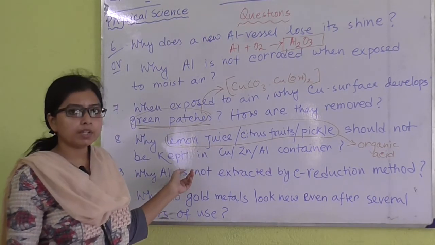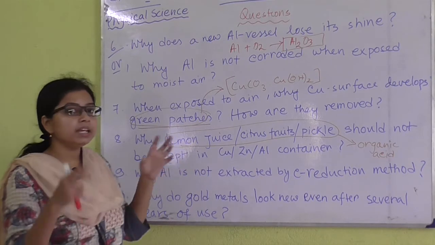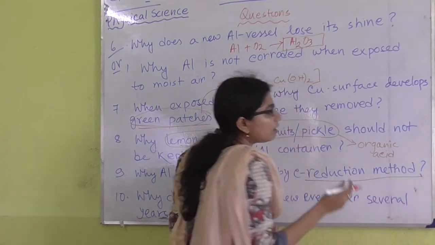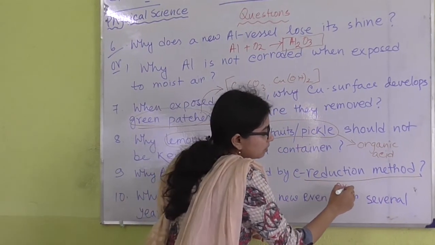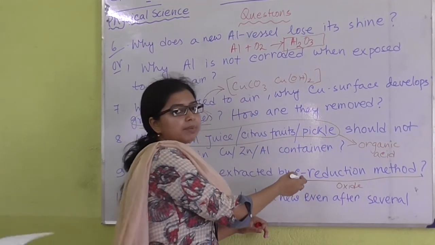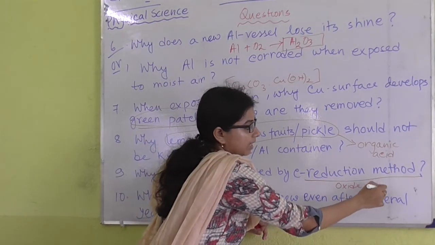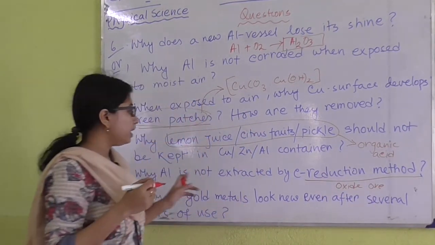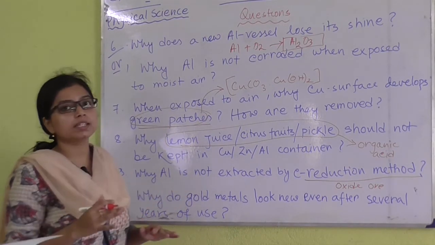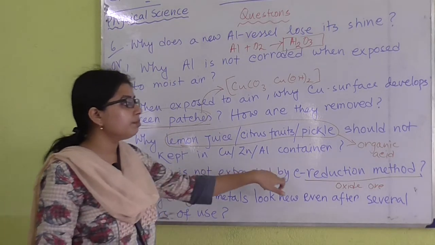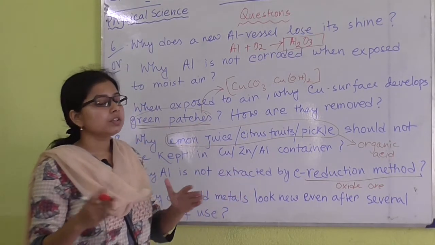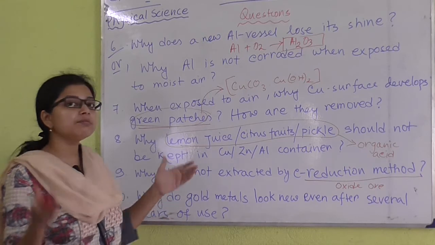As aluminium is very much reactive, the combination of aluminium and oxygen is very stable. The carbon reduction method is applicable for the metals where oxides are generated, and over the oxide we can apply this carbon reduction method. But if we once prepare aluminium oxide, that is Al2O3, it is very much stable, and using just carbon as a reducing agent, we can't separate aluminium and oxygen. So ultimately we can't get aluminium from its oxide.